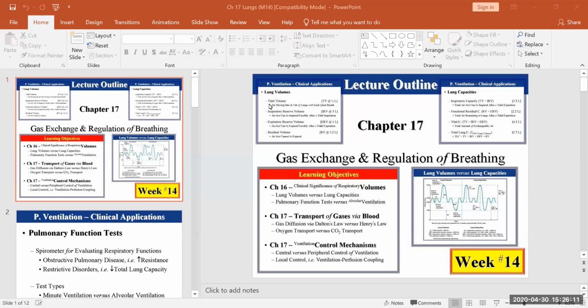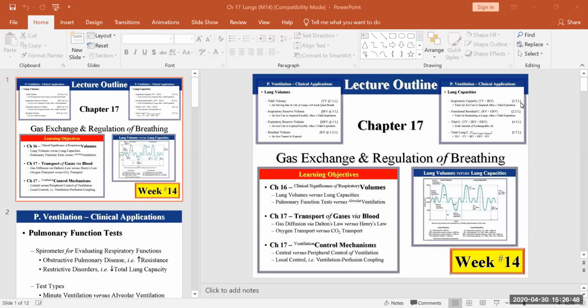If you add these different volumes, we have another concept over the right-hand side. They are called lung capacities. So lung capacity is simply the sum of 2 or more lung volumes. The first one, inspiratory capacity, is the sum of the tidal volume and the inspiratory reserve volume. So half a liter plus 3 liters equals 3.5 liters, or 3,500 cc's or 3,500 ml